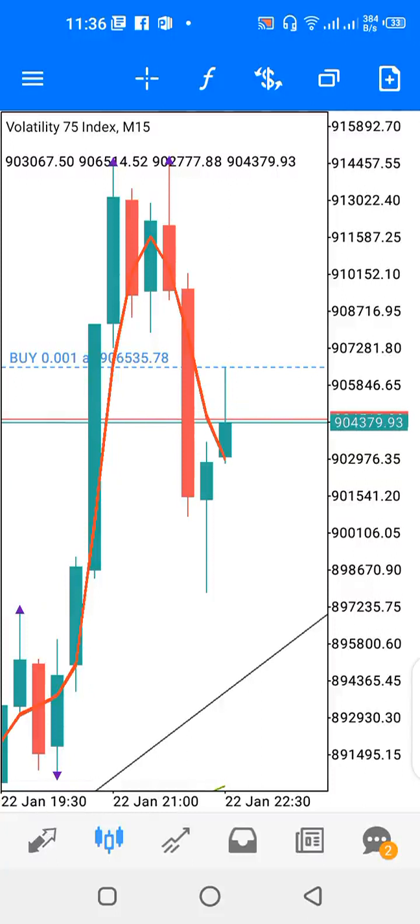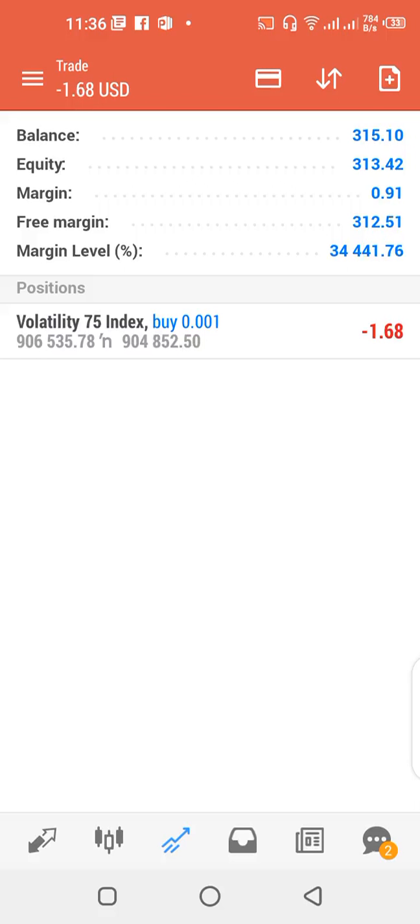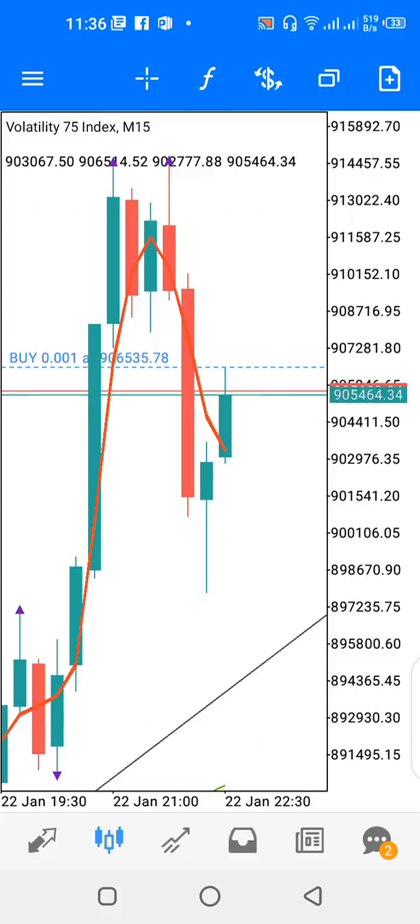Today we'll be looking at how you can hedge your trade for volatility 75 index. On the screen I have V75 15 minutes time frame and I'm trying to place a buy trade. Okay, I'm buying at 906,535.78, and now using Grail hedge strategy I'm going to hedge my trade around 4,000 points by placing a contra